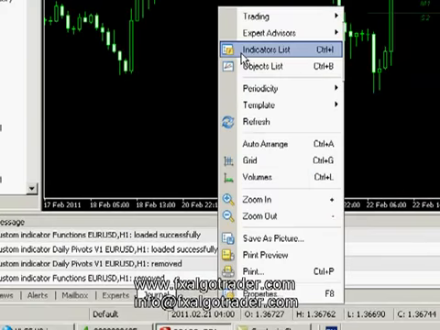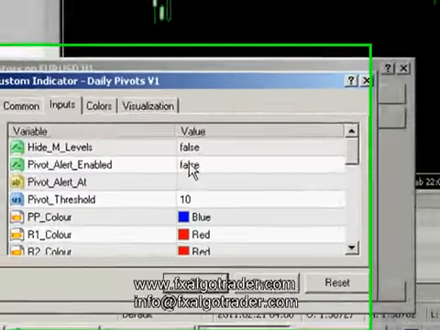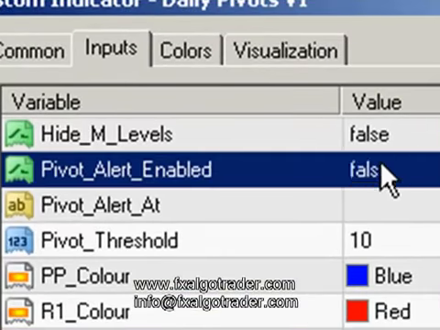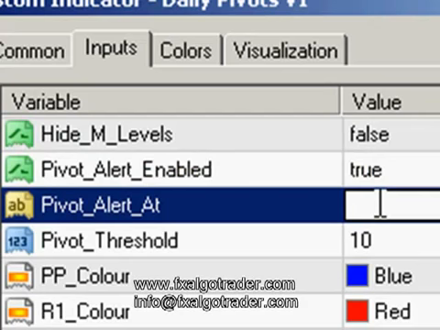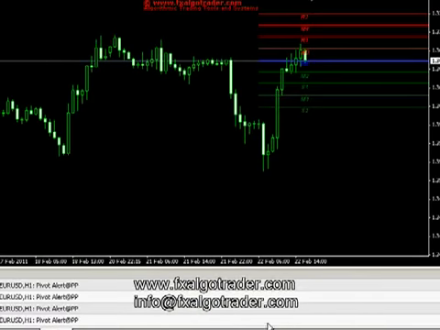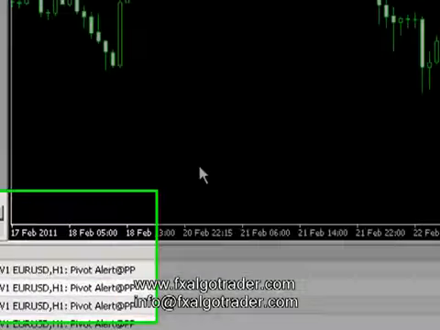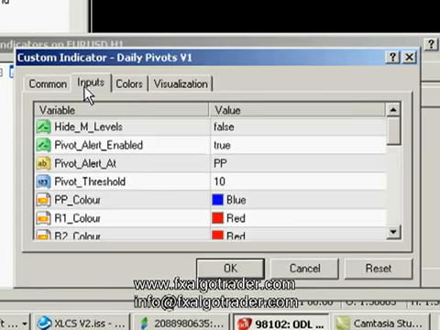One of the key things about these FX Algo Trader pivots is the ability to set an alert around a pivot level. So for example, if we wanted to enable a pivot alert, we get a pivot alert enabled, make that true. If we want to pivot around the central pivot, we type PP in, and if we want it within 10 pips of the central pivot, if we click OK, close our interface, you can now hear the pivot alert coming in at the central pivot, and you also get a pivot alert printed in the experts tab underneath the chart. Let's just turn our pivot alert off,